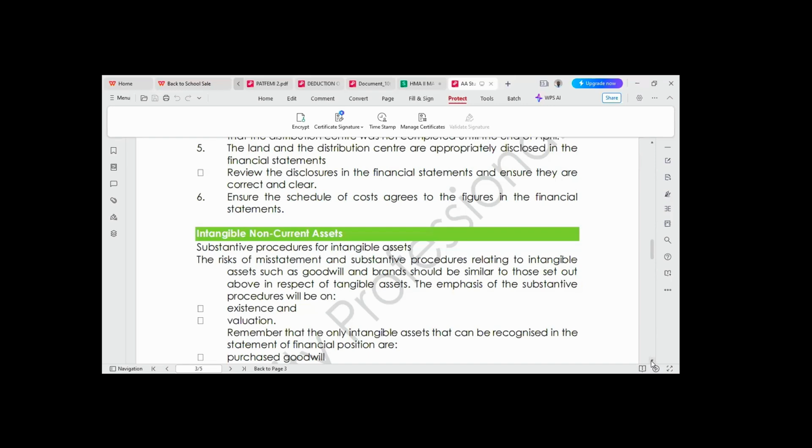All of these are examples of what? Intangible. Branding, the examples of what? Intangible assets. Intellectual property, all these are examples of intangible assets. So the risks, what are the things that come with them? There are also risks of misstatement and substantive procedure relating to intangible assets. Example, assets such as goodwill and brand should be